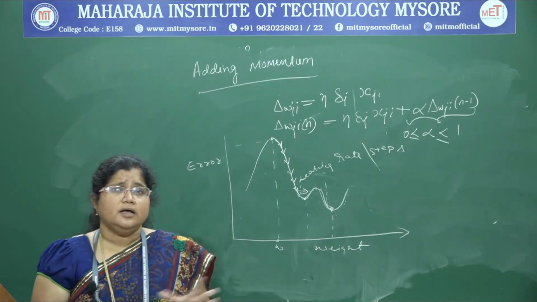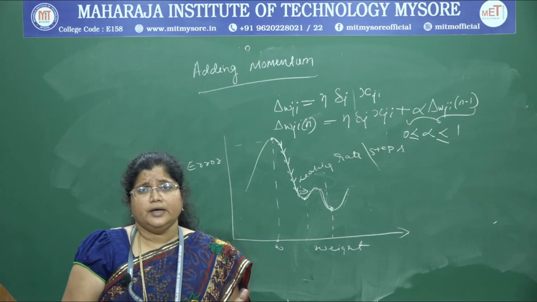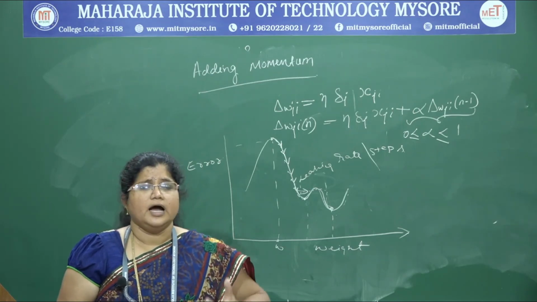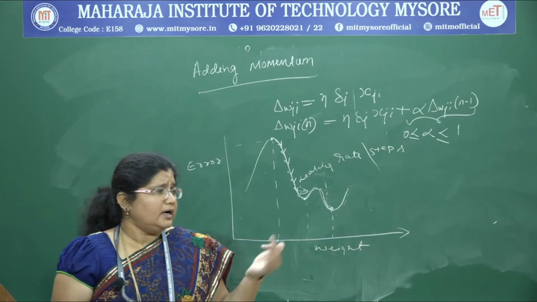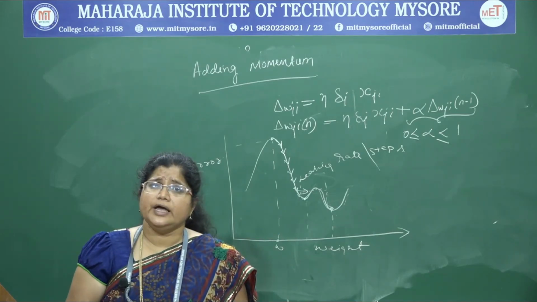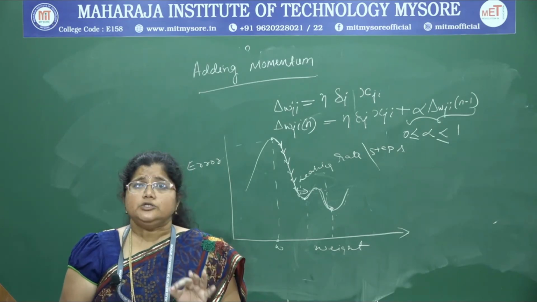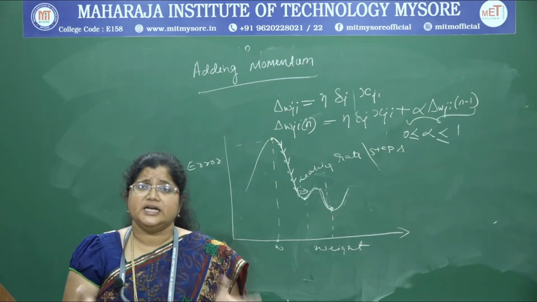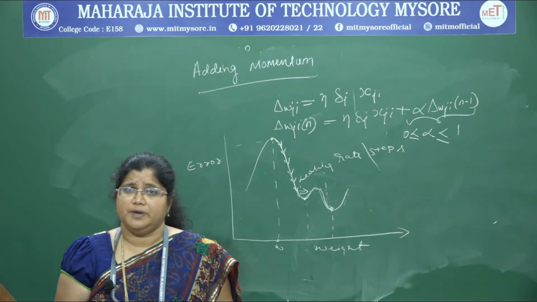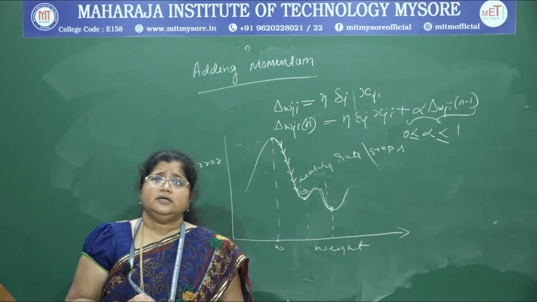Now in this class we have looked at the derivation for the output unit and hidden unit, how the weights are updated, and at the end we included an additional term called the momentum term, so that we can find the local minima present in the hypothesis space. That's all. Let us continue in the next class. Thank you.